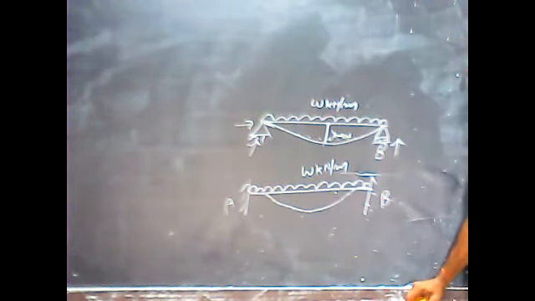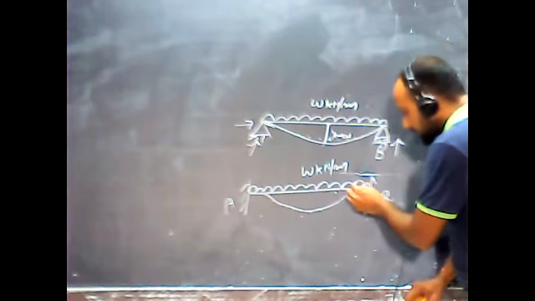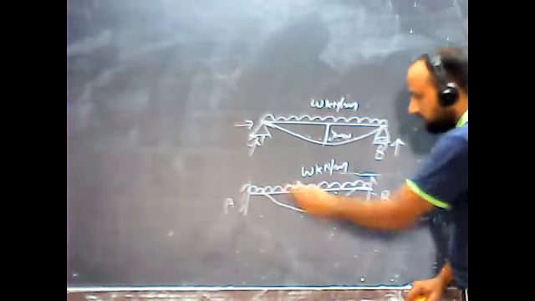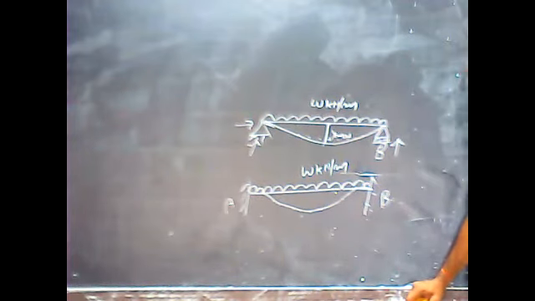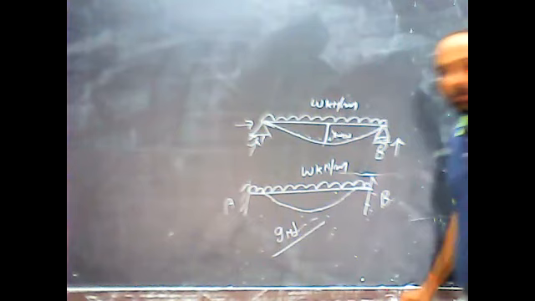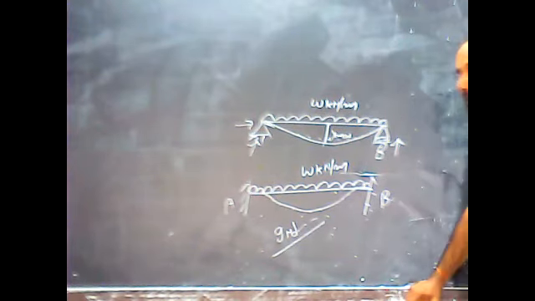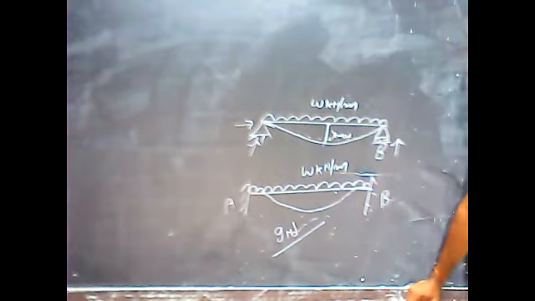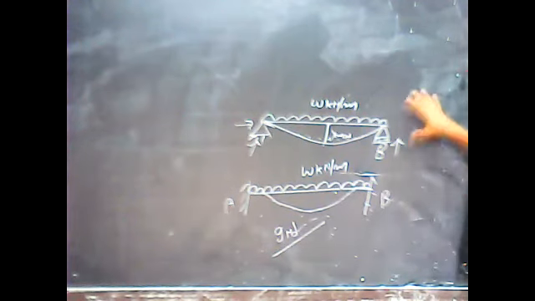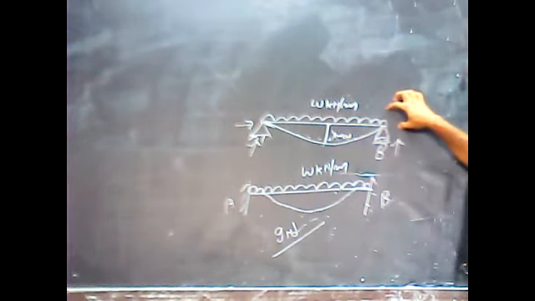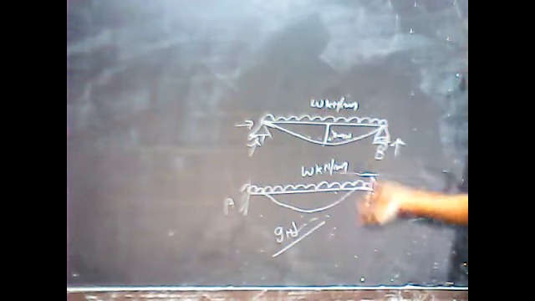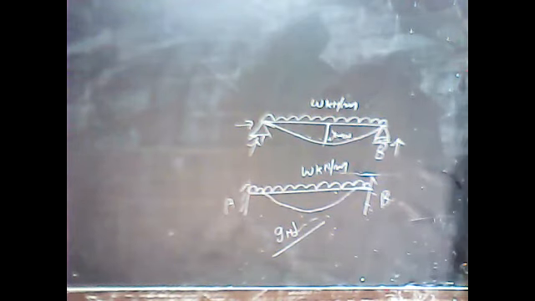These things are very important for us to understand. If you see this, the deflection of this fixed beam is comparatively less, and it is an indeterminate structure, while this one is a determinate structure, but both beams are stable structures. This beam will give you more elastic deflection, but the fixed beam will provide more resistance against it. So which one will you choose? Definitely I am going for the fixed beam condition.